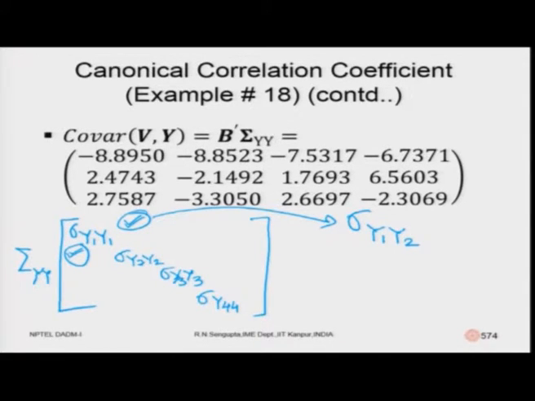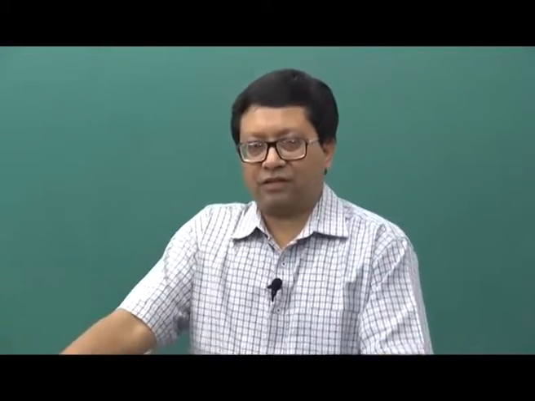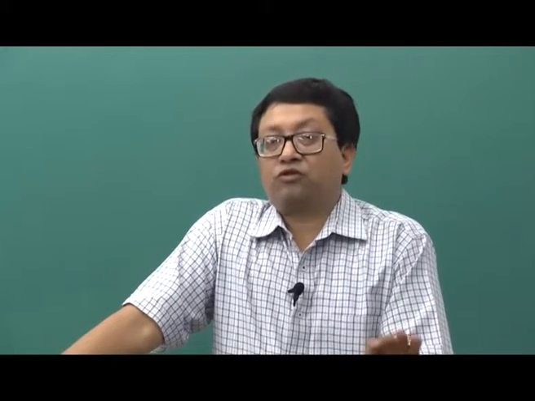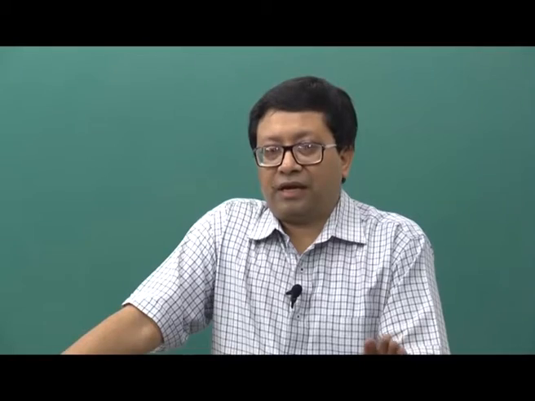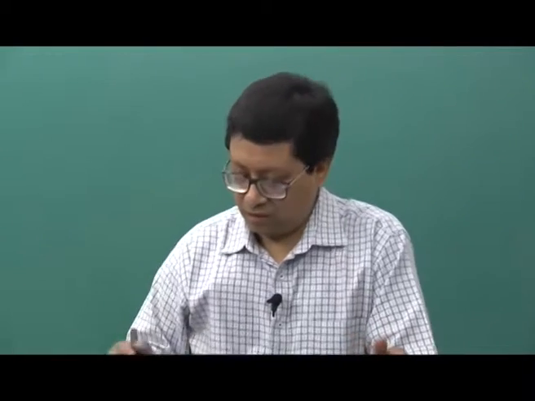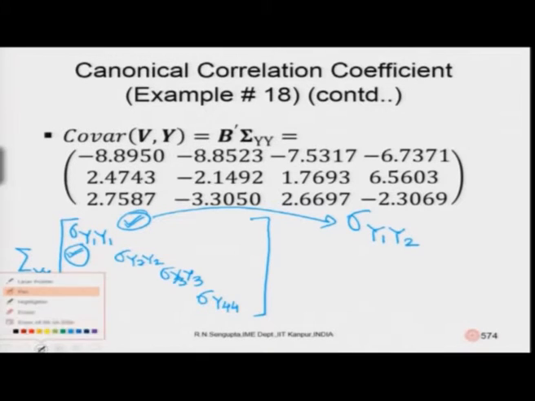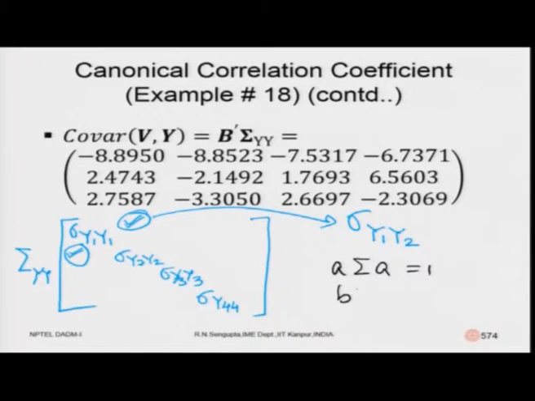Now, remember one thing, the values which we found out are actually the values based on which we are trying to minimize or maximize the variances for the optimization problem, subject to the conditions we remember. We want to make these values such that the conditions were equal to 1. This is related to the variance covariance matrix for x and this was related to y.